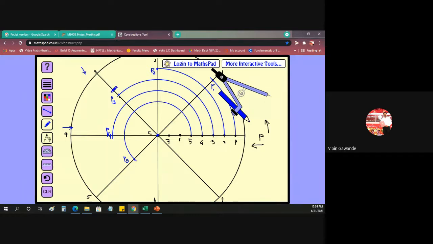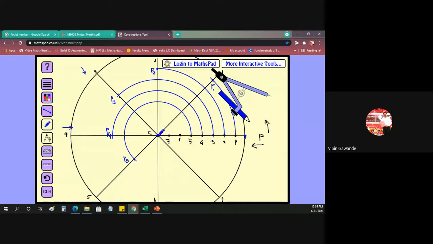This division is how much? 3 divisions. This is 2 divisions. This is 1 division. This is the original location of the point P. Okay. So whenever it goes to the location 1, it moves 1 division. When it goes to 2, it moves 2 divisions. When it goes to 3 divisions, when it goes to 4 divisions, and when it goes to 5 divisions, and that we are taking the distances from here.